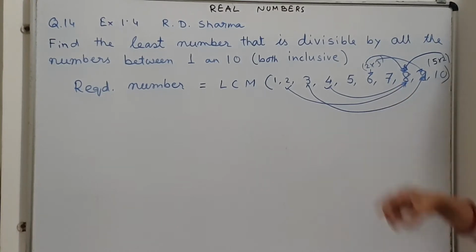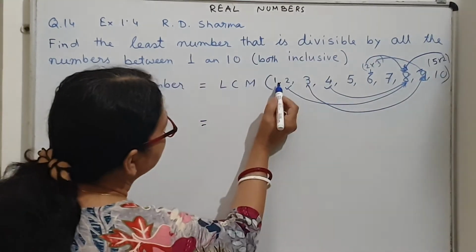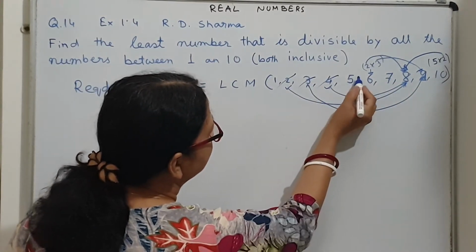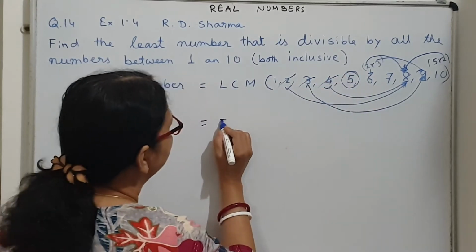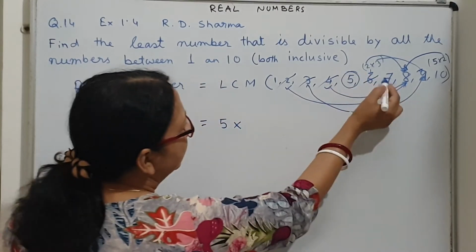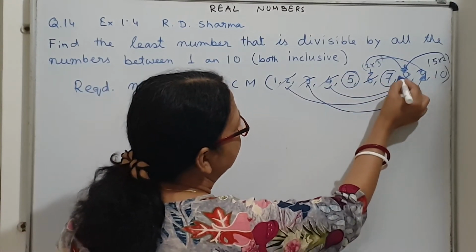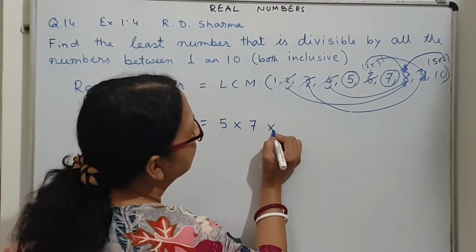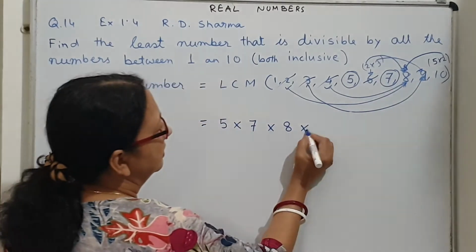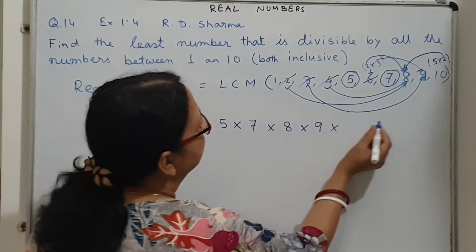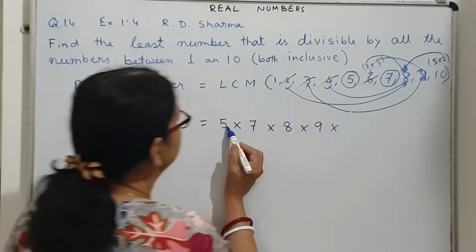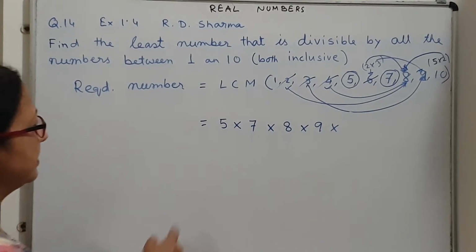So with which we are left, the LCM will be, so these all have gone, so these we cancel out. This 5 is left. 5 into 6 is also gone, 2 has gone to 8 and 3 to 9. So next, 7 is left. Then this 8 I have to take, then this 9. And this 5 I have already taken here. So this will be the required LCM.